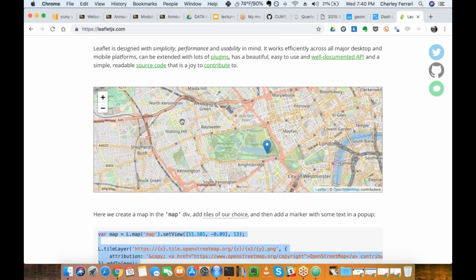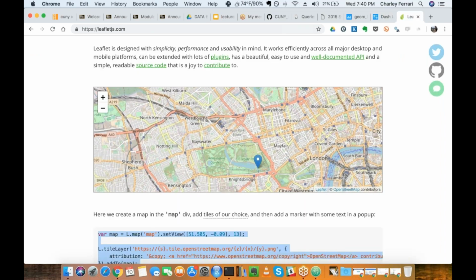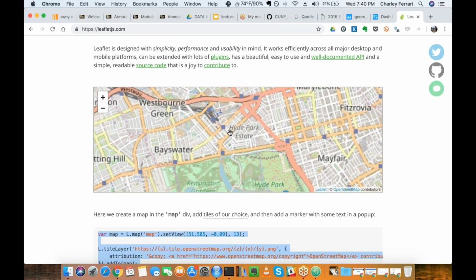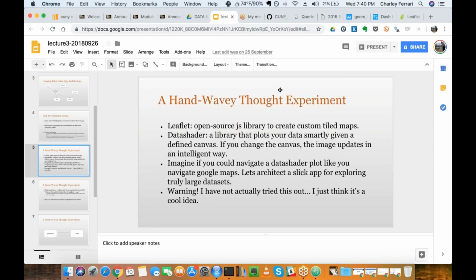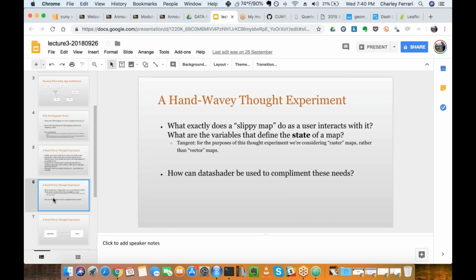Imagine if instead of being a map, this were a large data visualization, and I were able to zoom into areas of interest, have the graph re-render as I zoomed in, and have the app exploration work that way. And just one warning here, I haven't tried this out and I haven't found it out there, so there could definitely be things I'm missing, but this is really meant to get people thinking.